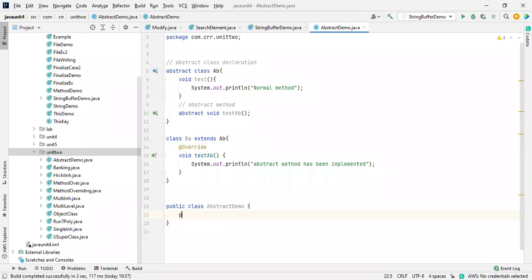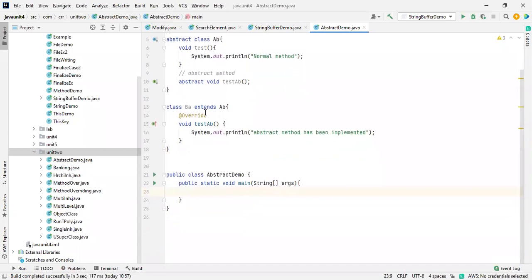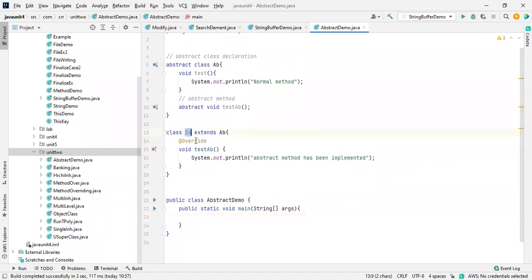Public static void main. This is the main class that we are doing, with String args over here. Now I'm creating BA, BA is equals to new BA.